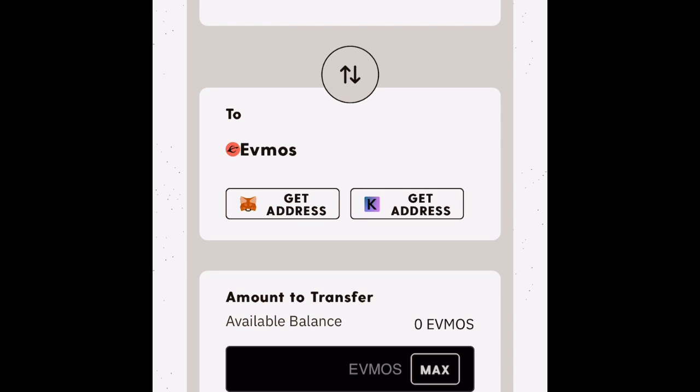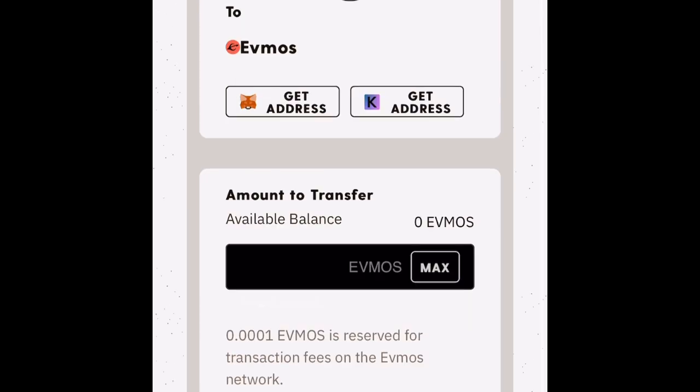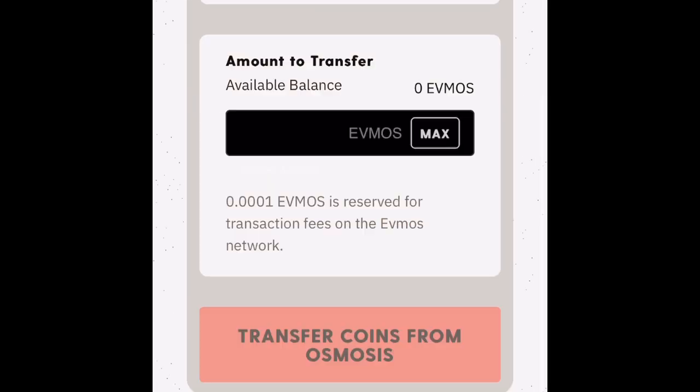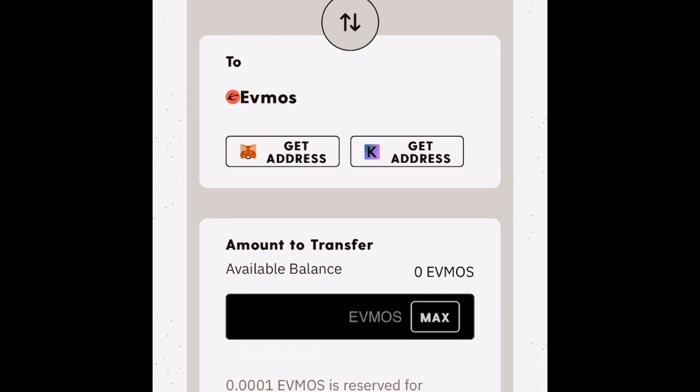When you try to swap this on Metamask, it won't work. And Keplr doesn't have a browser in the wallet app for iOS, and neither does Cosmostation. This is where you would have to go on desktop, but if you're an iPhone user listening to this, I got you covered. Don't worry about it. 430 got you. Let's keep it pushing.